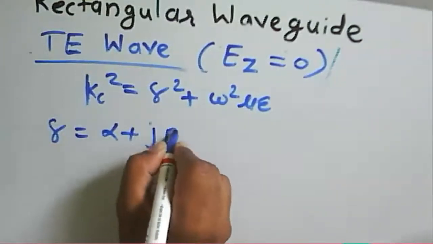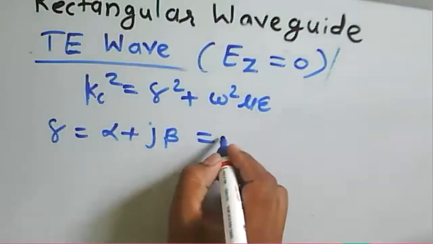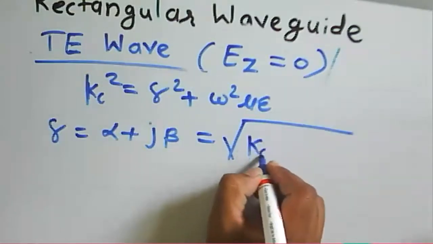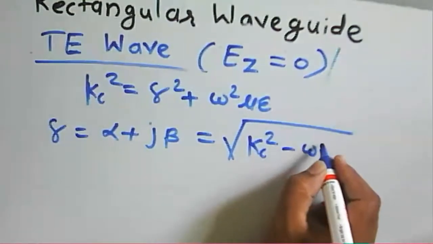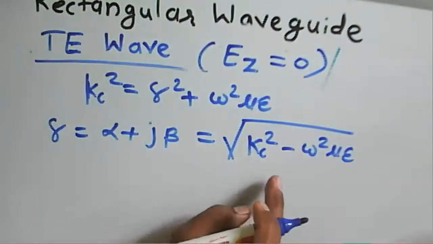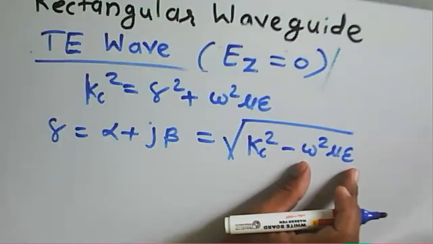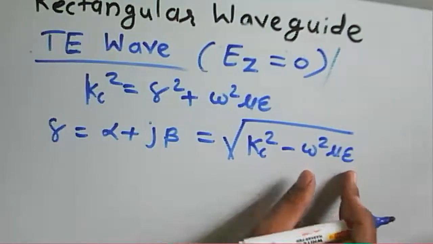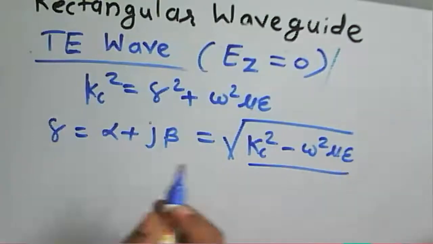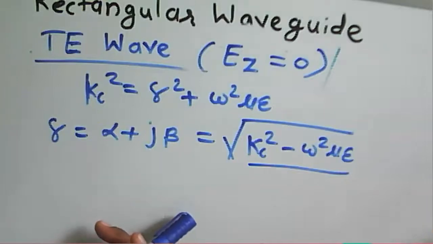gamma is equal to alpha plus j beta, we say this gamma, so kc square minus omega square mu epsilon. We get that equation: kc square minus omega square mu epsilon here. Now this omega square mu epsilon term, we consider it to be k square here. So we solve this particular equation to obtain the value of the propagation constants and all,